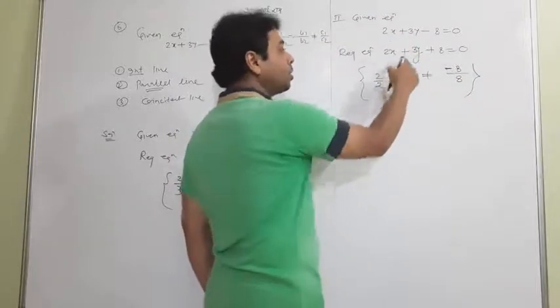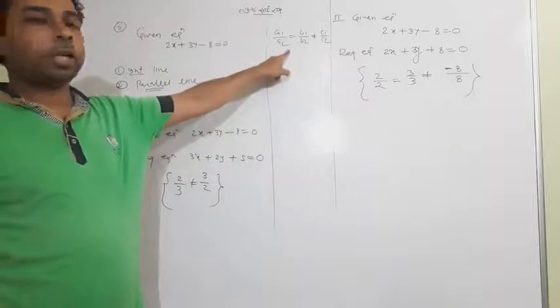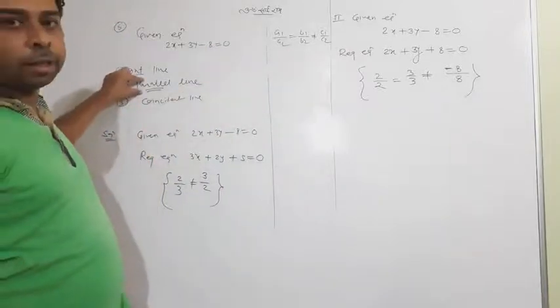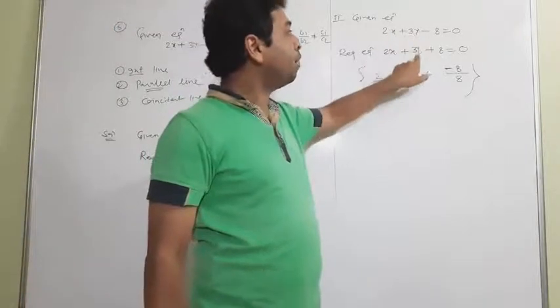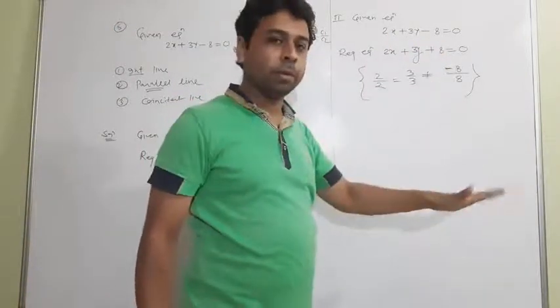Why? Because this time it is representing this condition, and that's why they represent parallel lines. Hope you are getting me, student. Very easy trick I am telling you. Write same, but write different. Answer. Now third,